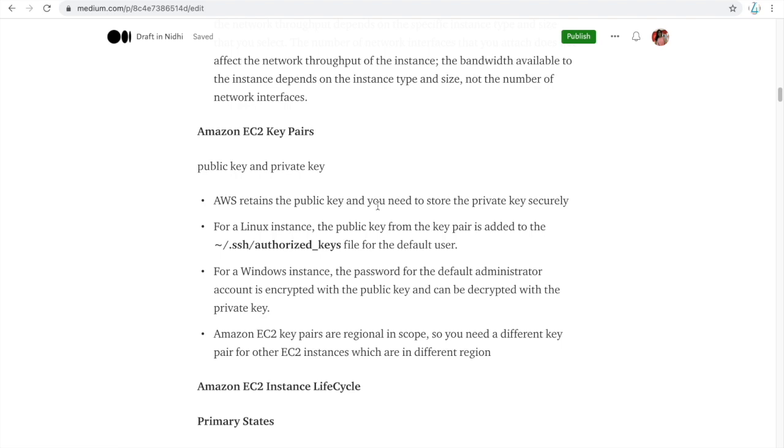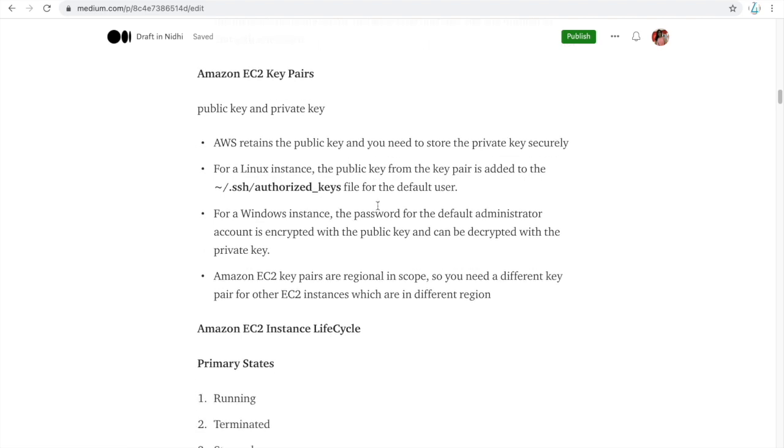So how does the key pair concept work? It works based on a public and a private key. AWS retains the public key, and the private key you need to store on your machine securely. For example, for a Linux instance, the public key of your key pair is added to the default user, so that I already have the private key and can SSH to that instance for that particular user.